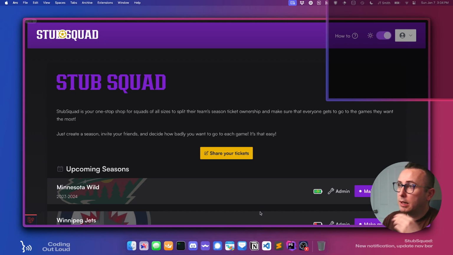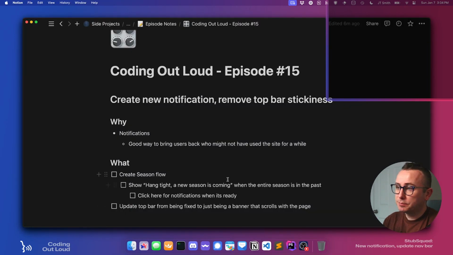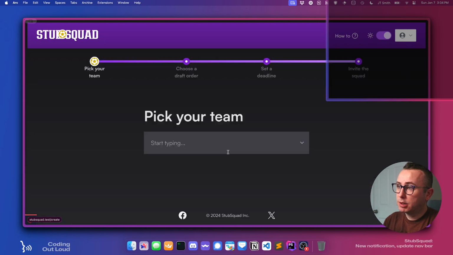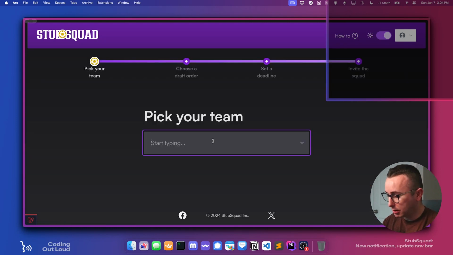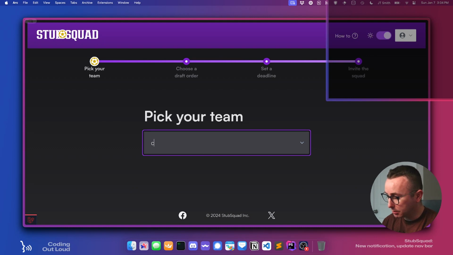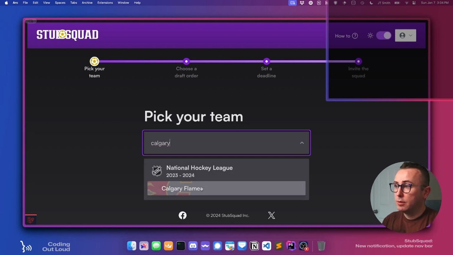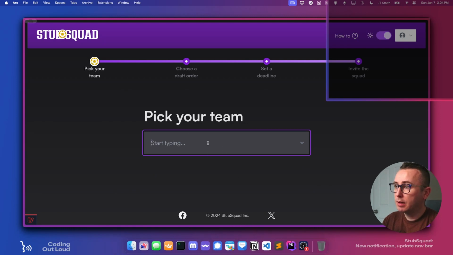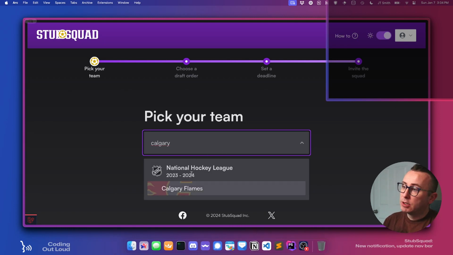So the first thing we need to think about is when they appear. The idea would be if you click share your tickets and pick your team, let's say New York Jets. Oh, and actually I don't have any football teams here, so we'll do a hockey team. So we'll just do Calgary. Okay, so right here, we're in the middle of a season, but the idea would be, you know what, actually, now that we're talking out loud here, I think, so if the season date is in the past,